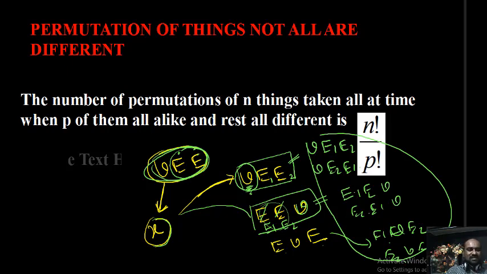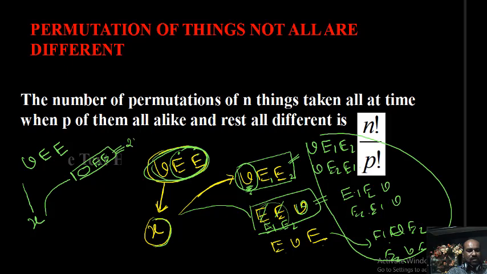Now, how am I generalizing? See here, students. By using the letters of the word V, E, E, how many 3 different letter words can we create? Let us assume that we will get X such linear permutations. Take any one of X. That permutation contains 2 e's. Don't disturb the relative position of the remaining things. These 2 e's are treated as 2 different e's, say E1 and E2. This will give 2 factorial linear permutations.